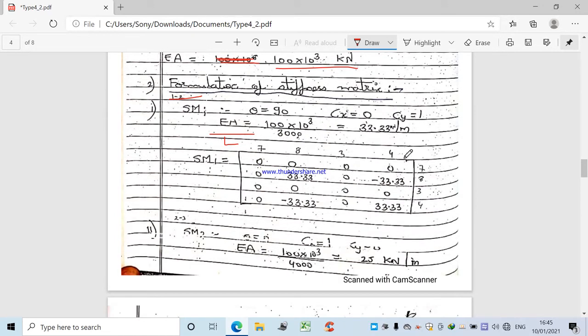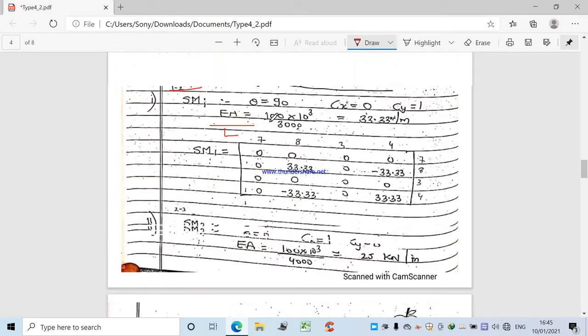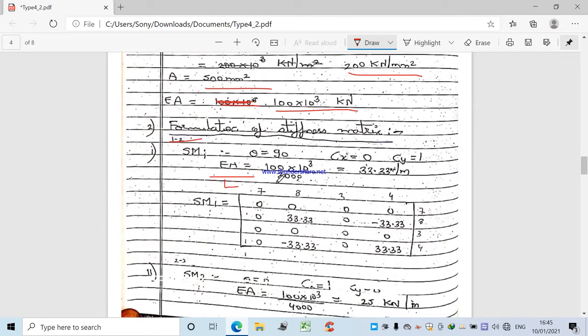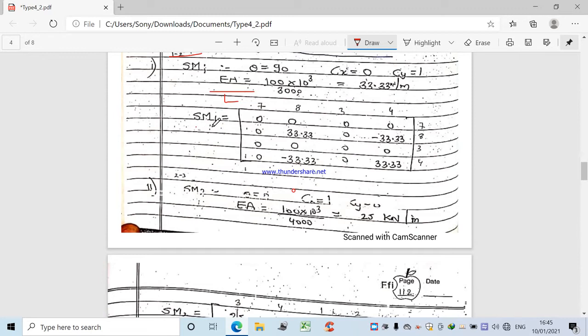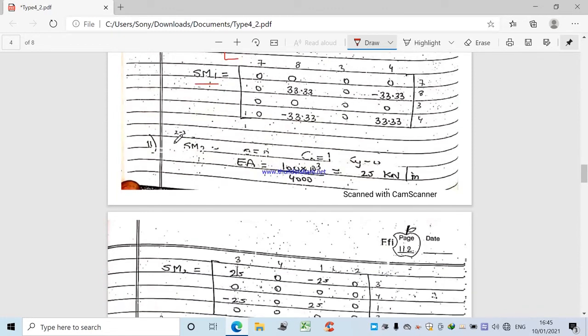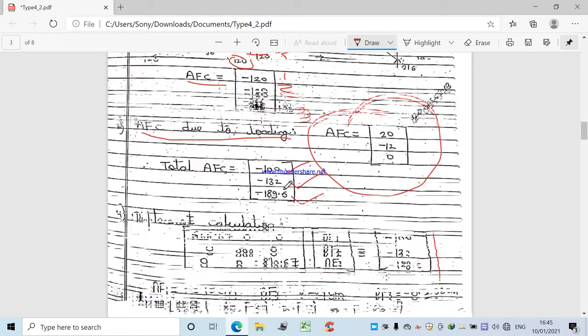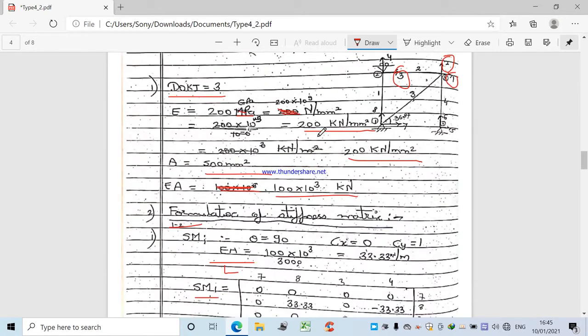Then multiply this inside the bracket, using the formula of Cxx, Cyy. Member 1-2 coordinates come to 7, 8, 3, 4. So we have to write very carefully 7, 8, 3, 4, and multiply this outside value inside, the calculated value, and then we will get the value of SM1. Similarly, SM2 will be applicable to 2-3. Let us see where 2-3 comes from. This 2-3 is the horizontal member, that is the top member.